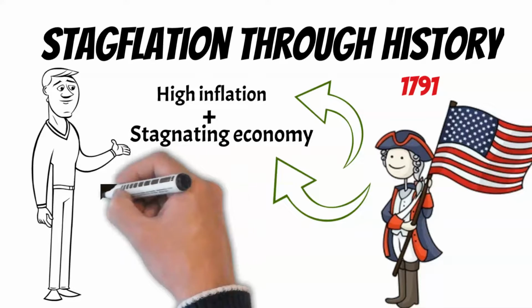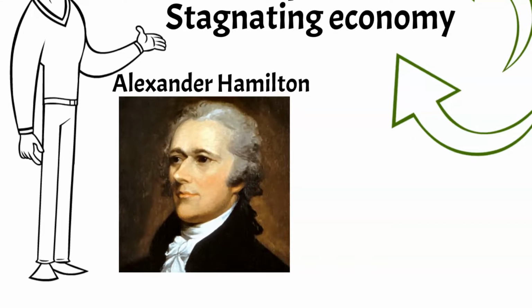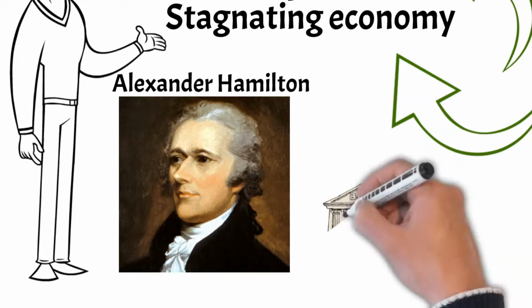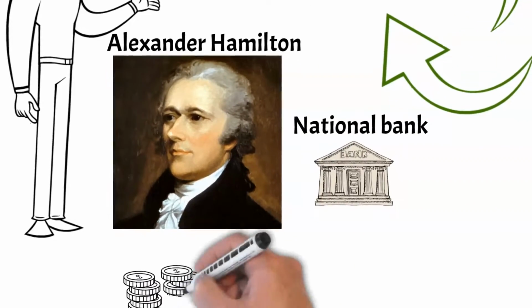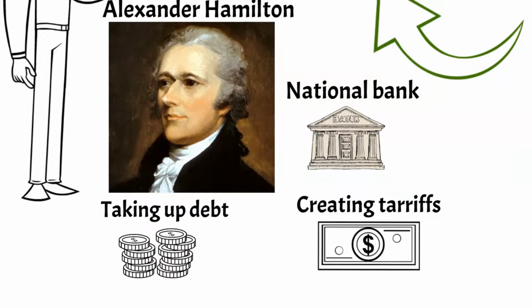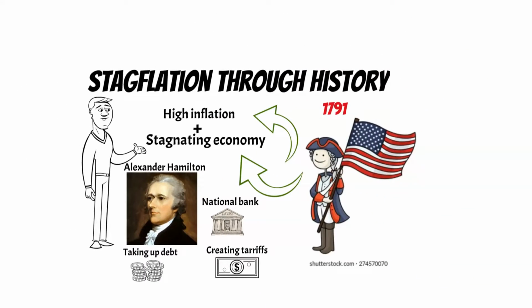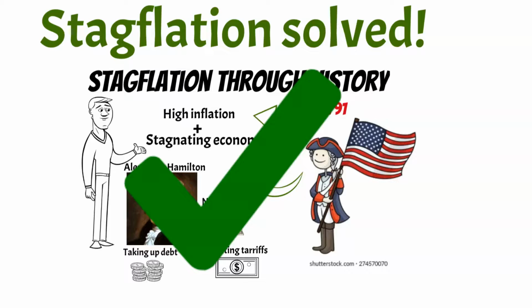In order to solve this problem, the US government turned to Alexander Hamilton, who implemented a series of fiscal and monetary policies designed to jumpstart the economy. These policies included establishing a national bank, issuing debt, and creating tariffs. While these measures were not always popular, they were successful in solving the issue of stagflation and setting the stage